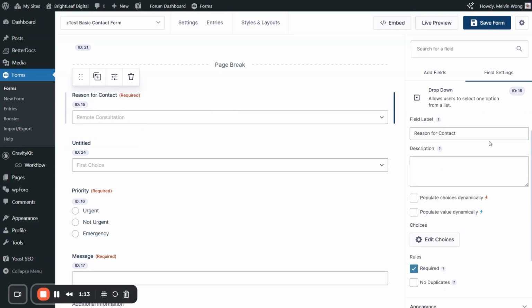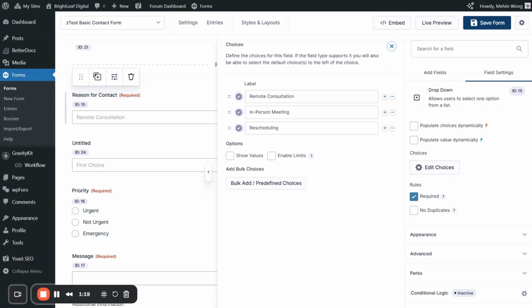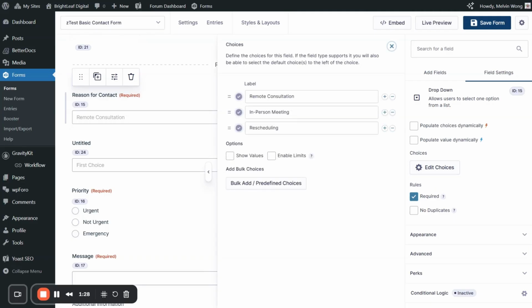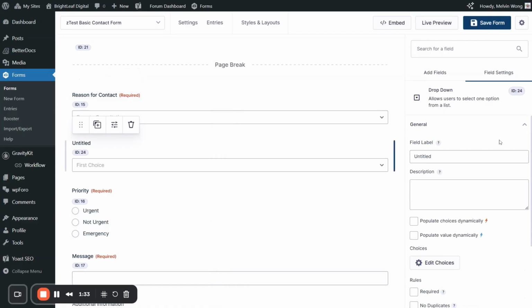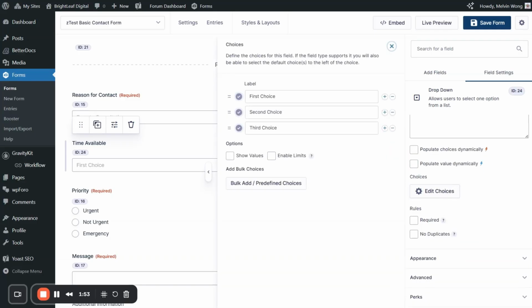As you might remember, the choices for reason for contact are remote consultation, in-person meeting, and rescheduling. For this particular purpose, we're going to focus on rescheduling. So, for this drop-down field, we're going to rename that time available, or something like that. And then we're going to edit the choices, something like